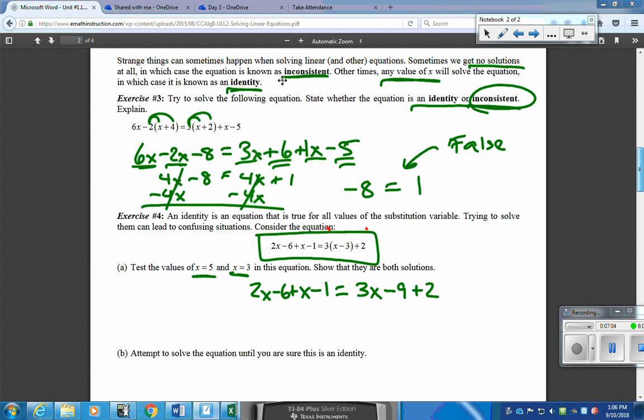So I'm looking for terms to combine. I can combine these together, I got 3x. I can combine these together, which would be negative 7. And then on this side, I'm going to combine those two numbers together and get 3x minus 7. So you'll notice that I have the same exact thing on each side. And I can continue to solve this, go back and forth. But because the expressions are the same, any number I put in is going to get the same answer out. So this is your example of an identity